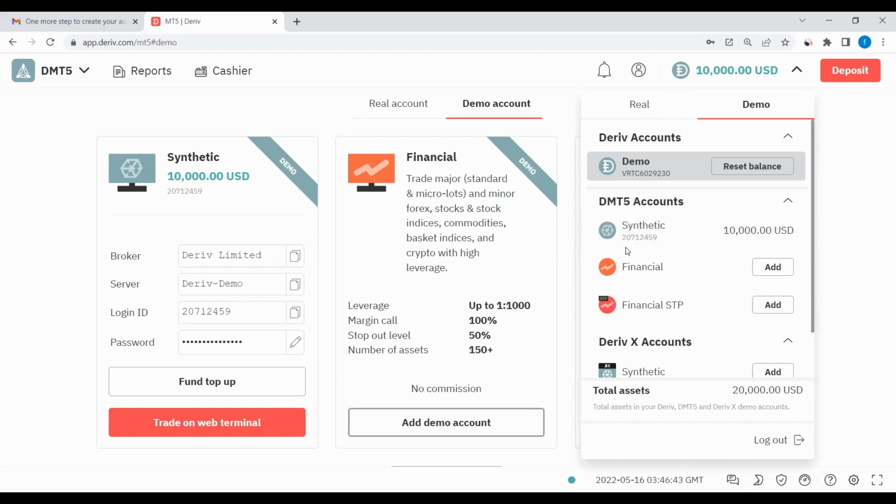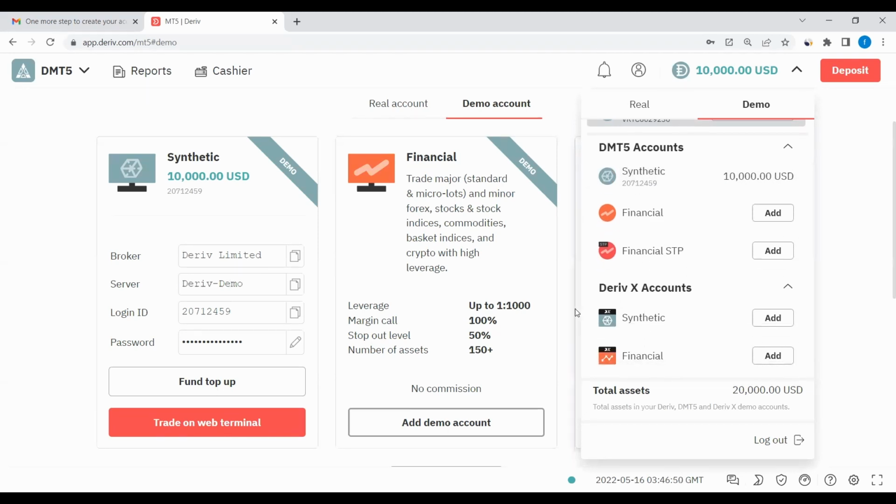I've just so far created one, which is synthetics, but like I've said, you can add all. And then also there's another type of account that Deriv offers, Deriv X accounts. You can also try them out. These are